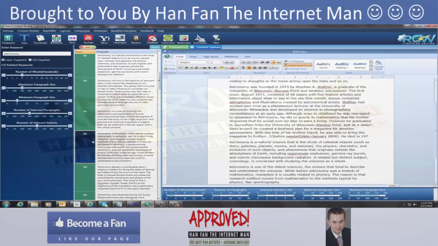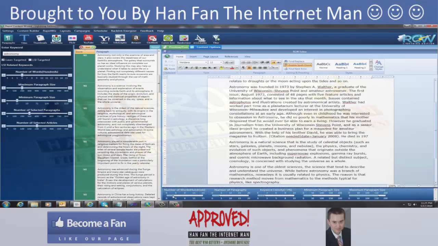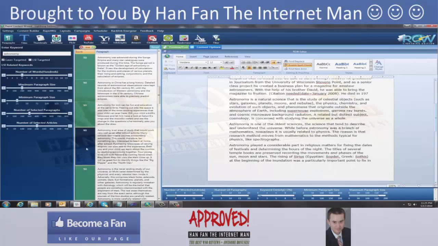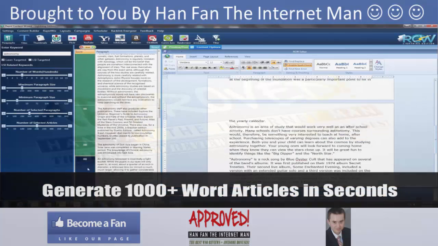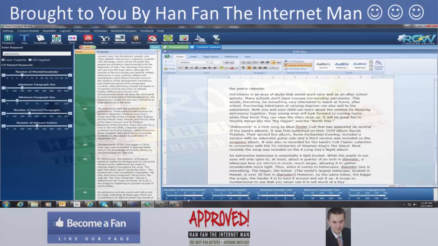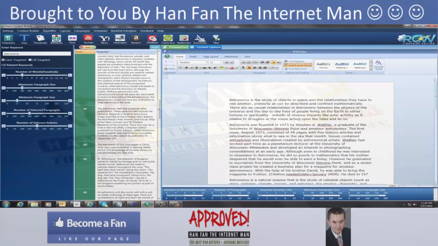And you just come through here and you do this, and you look down here in the bottom, there's a little graph here. It tells you how many words in the hundreds that you've created. So we have almost a 400 word article here. I'm just going to keep going and keep adding to this, and we're now up to almost an 800 word article. So I'm going to stop right there,